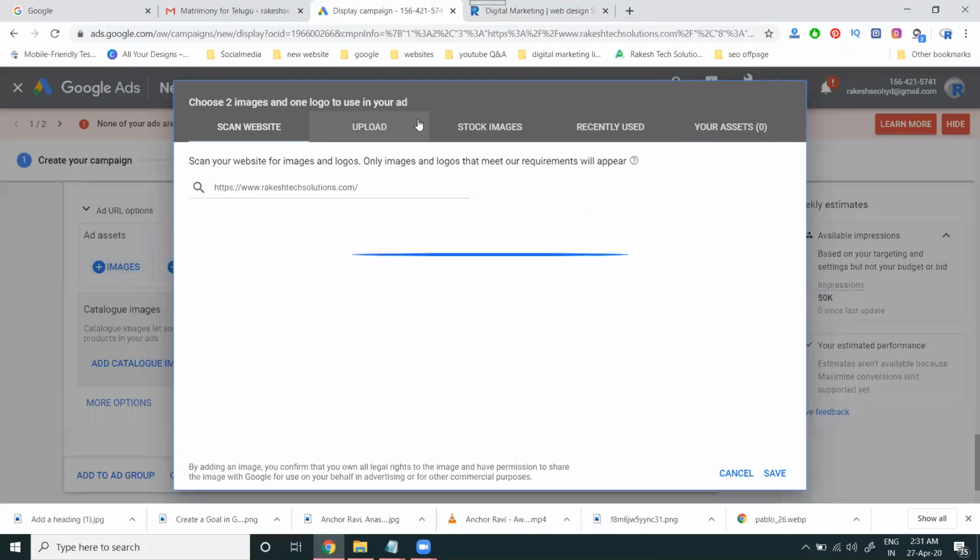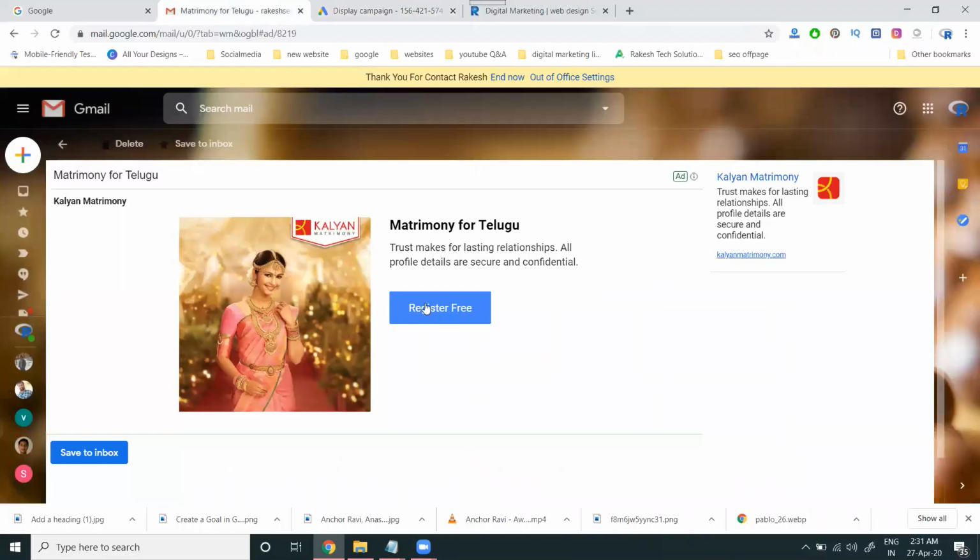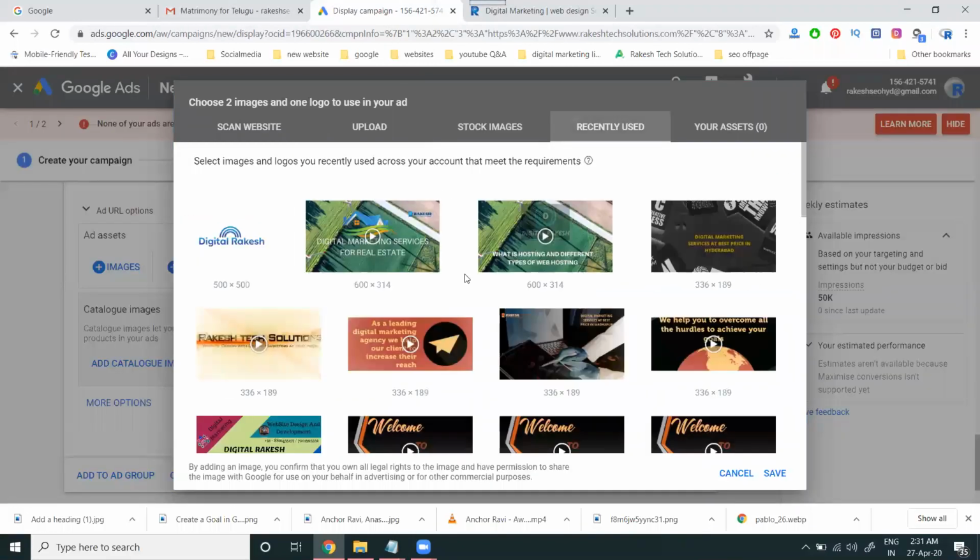Add image, upload, recently used. You can use any option, your particular things. So how we can show the ad will be here, this particular Gmail ad.